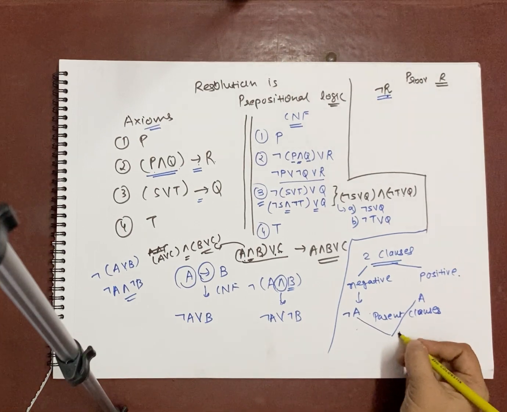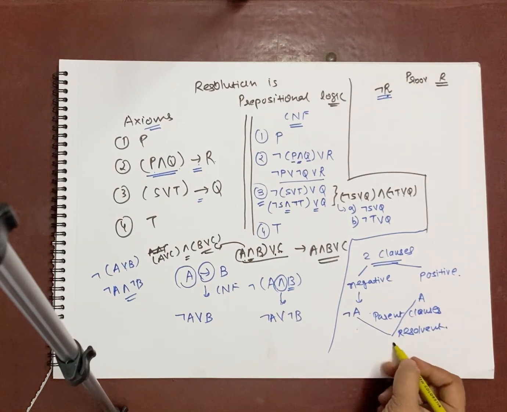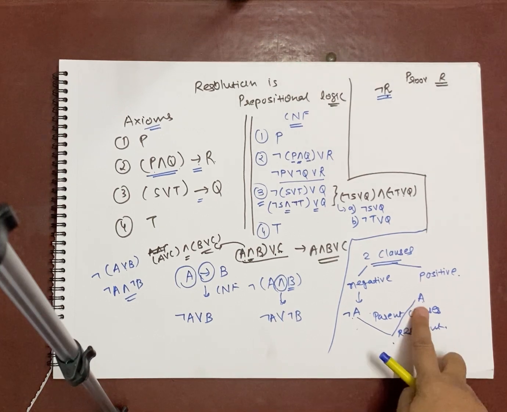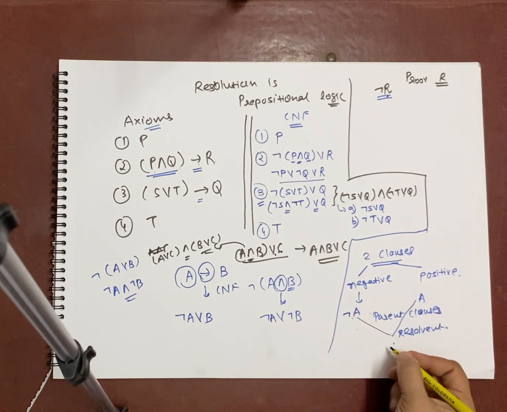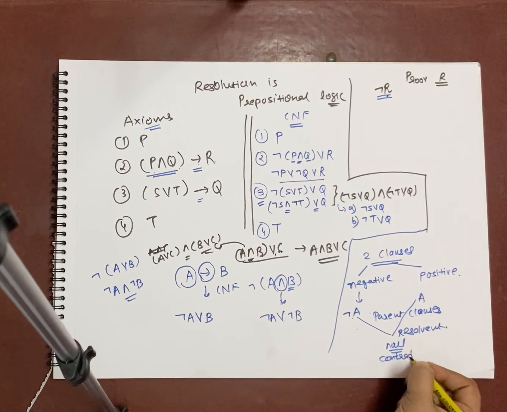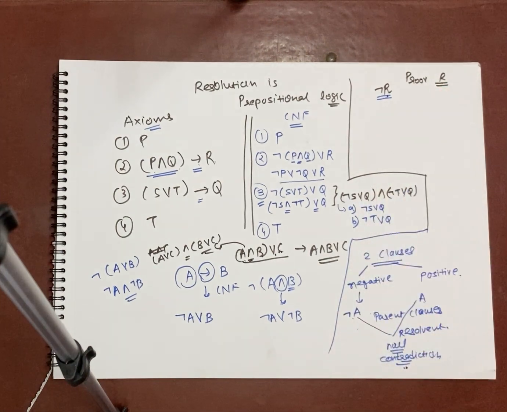Okay. So whatever is generated is called the resolvent. So what is going to be the resolvent? If you have negated A and A, means if I tell you that today is Monday and then I tell you today is not Monday, both are true. Is it possible? No. Why? Because I have found a contradiction. Both cannot be true at the same time, and hence we will call it null. Contradiction is found, and hence whenever a contradiction is found, whatever we have assumed is wrong, and hence what is right? R. Let me repeat the steps.